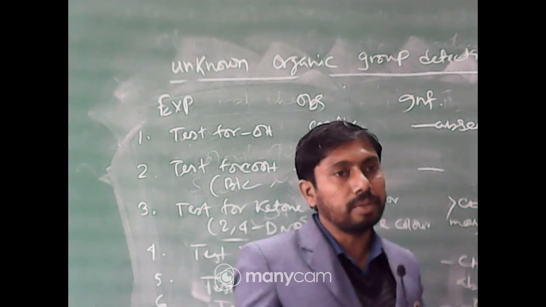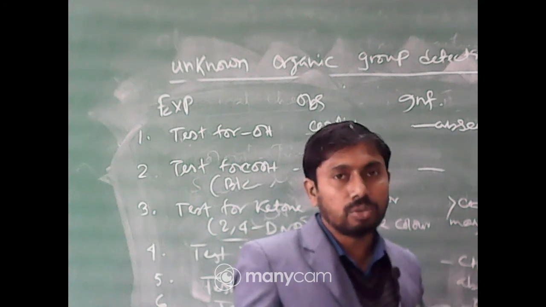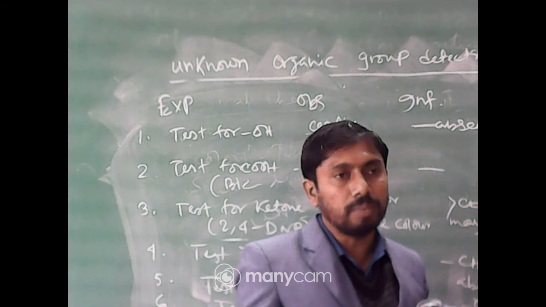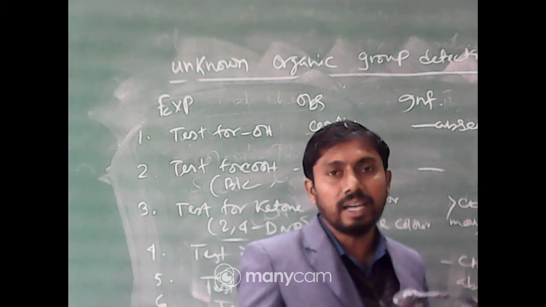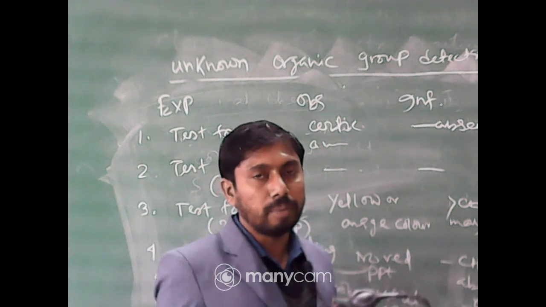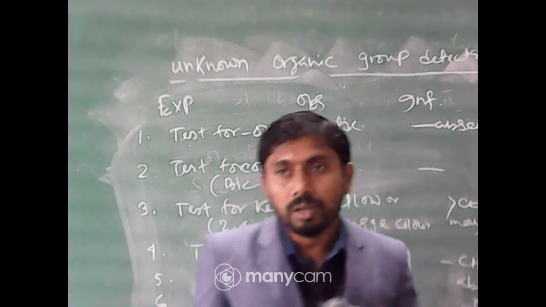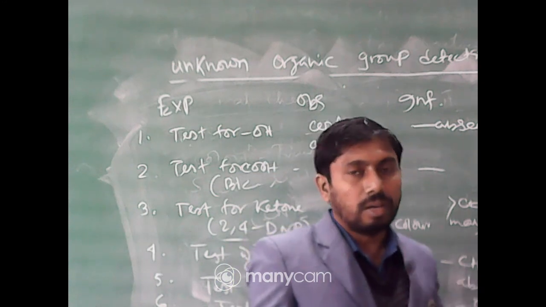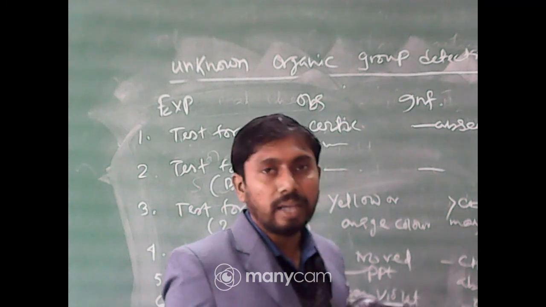Suppose in your sample it is ketone, okay, but you cannot detect whether it is ketone or not. So in that case you will write aldehyde, but the writing procedure must be so accurate that the external examiner cannot detect whether it is aldehyde or ketone, because he will not see the test when you perform. If he sees the positive test, then it would be difficult further. But if he or she does not observe this test, then it will be easier for you. So write in the correct manner.